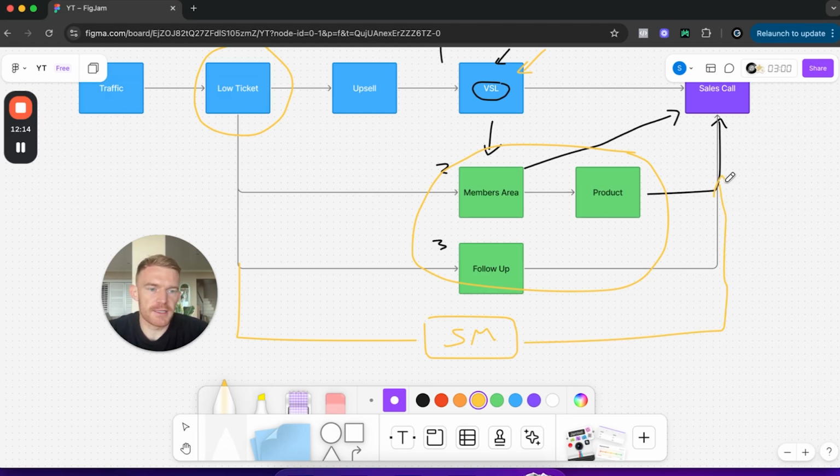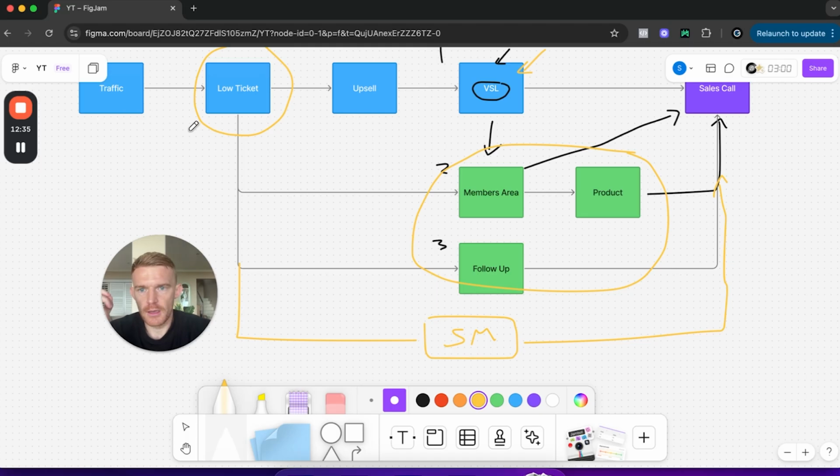So what you'll find is that you'll have sales calls on your calendar. You'll look at the tracking and they might have booked in from an Instagram link or a YouTube link. But if you look at the first contact in your business, it was from a low ticket product from ads or from social media. So sometimes there is a bit of a long-term play with this type of funnel.